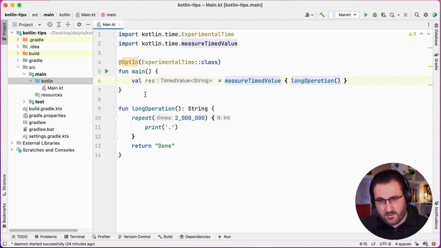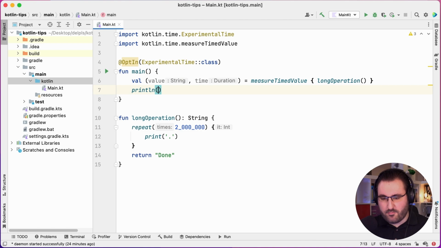Of course, the way that you would probably use this instead of using the timed value would be to destructure this immediately. So that would be by using the destructuring operator and accessing the value and the time individually. Now we could print each one of these. For example, we could say it took time to calculate value. When we run this,